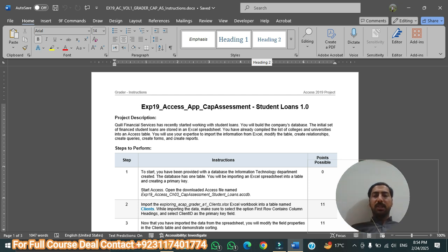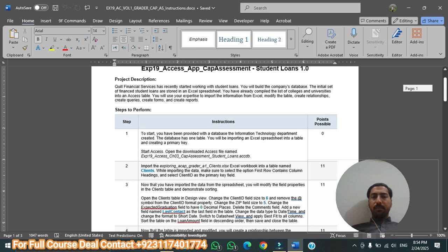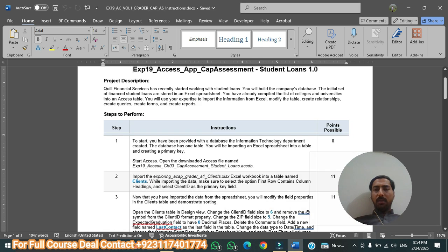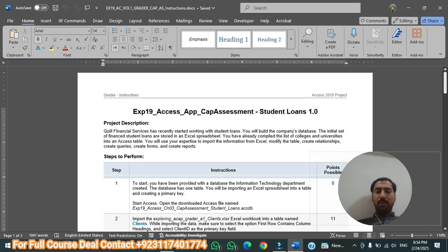The name of this assignment is Exp19 Assess App Capstone Student Loan 1.0. This is the final assignment of the Assess chapter course. Here I am going to do some part of this assignment for you, and if you want me to solve